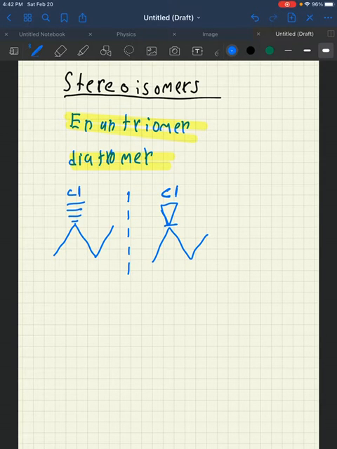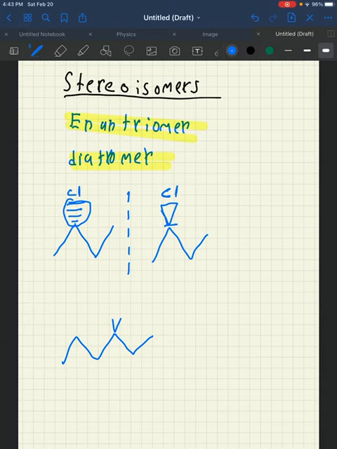This is an example of an enantiomer. You see, only one of these flipped. The dash went to a wedge. And basically, that's all an enantiomer is. All wedges or dashes have to flip at the exact same moment to be an enantiomer. If you have one flipping, like this,